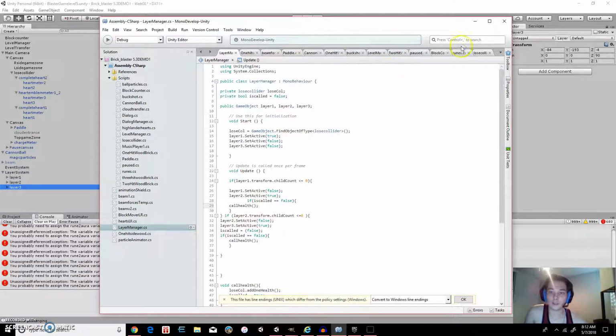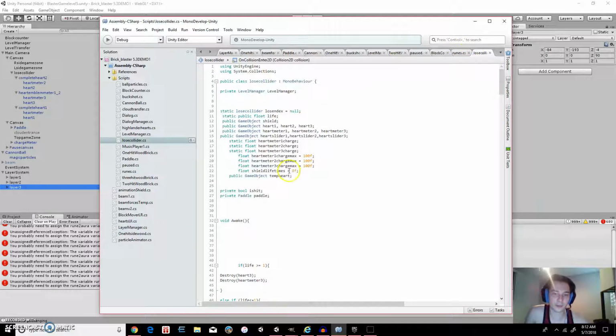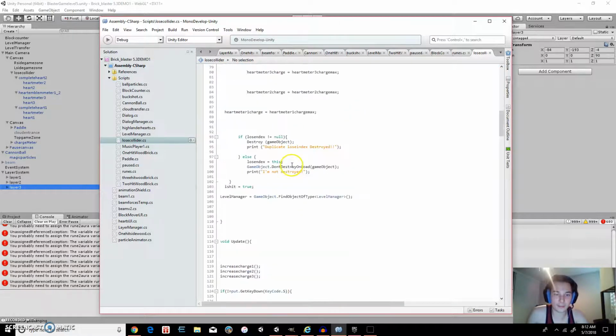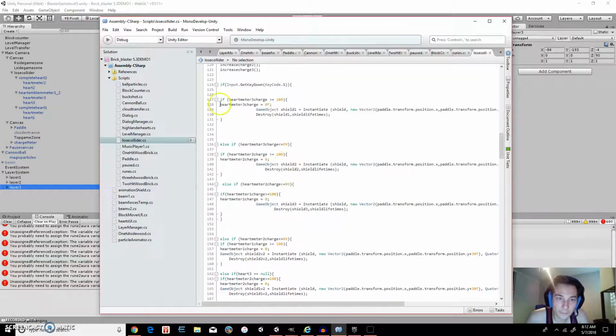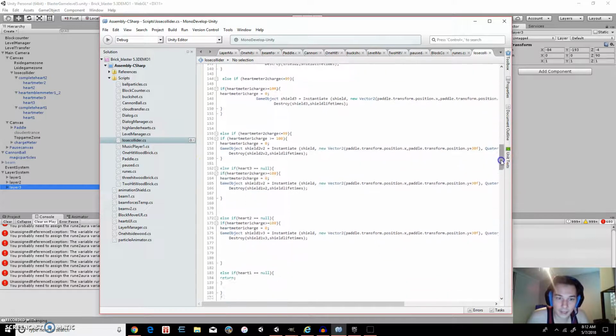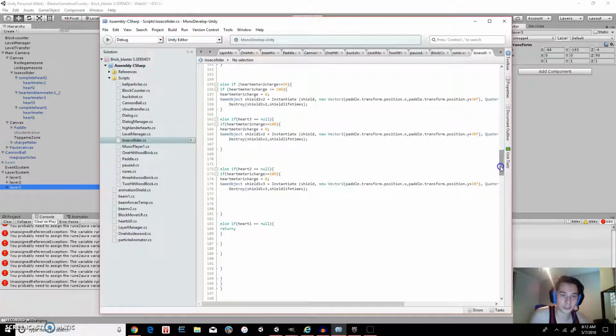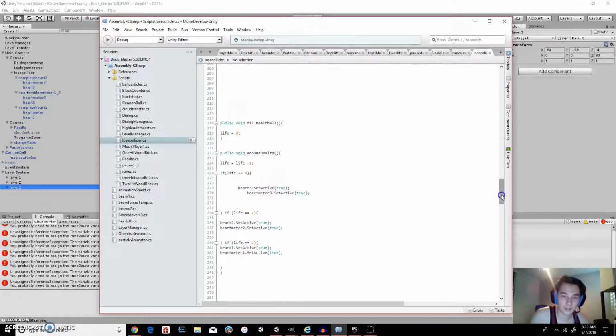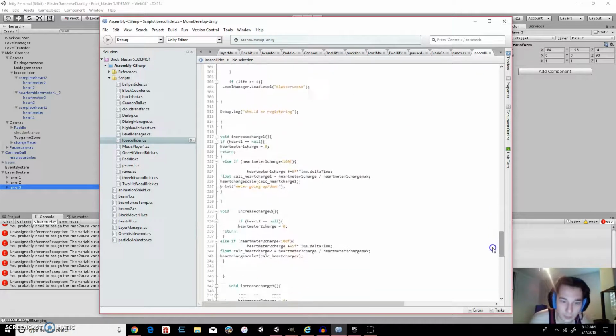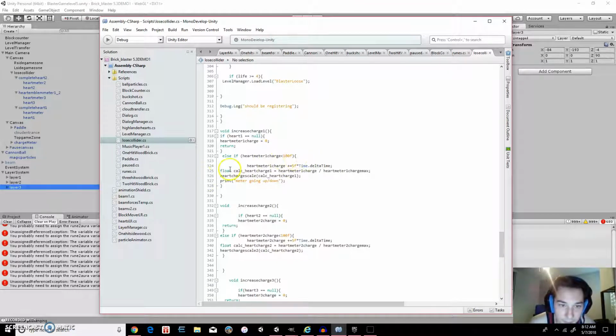So for example, I have another thing over here. I just keep going with it. So I have float heart meter 1 charge, max is 100. Can't get above 100. Well, if the charge is greater or equal to 100, then it has to return the function that's charging up the, actually, where did I put it? Oh, here we go. If it's above 100 charge, it will add in this and